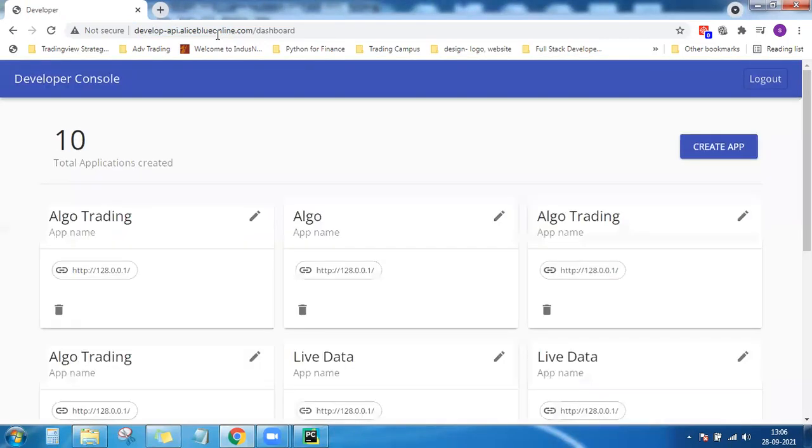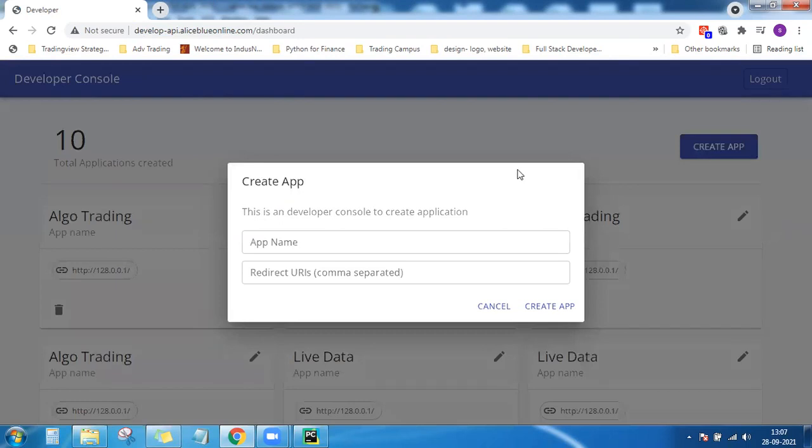After you have logged in, you need to click on create app. The username and password would be the same for your trading account as well as this API account.